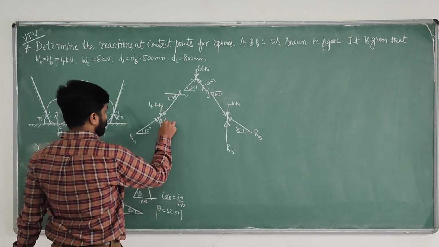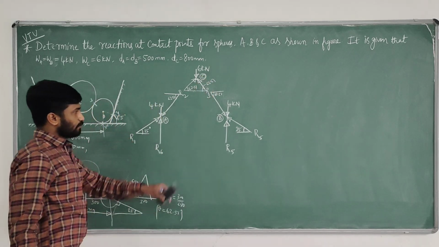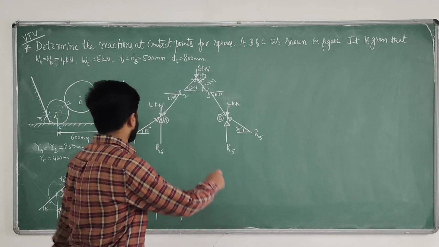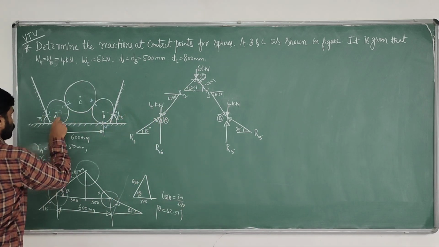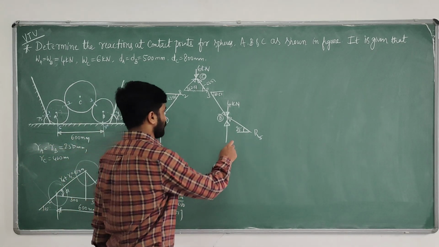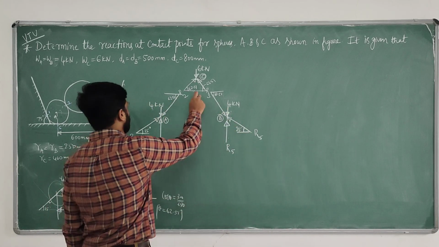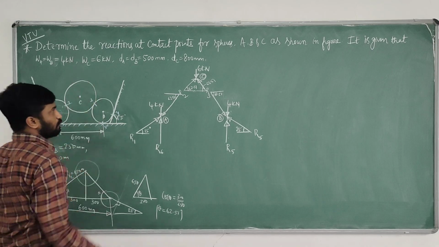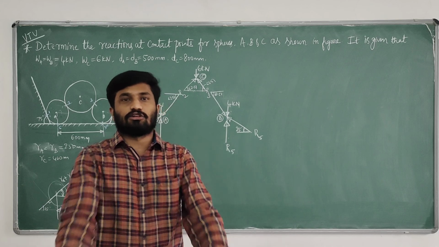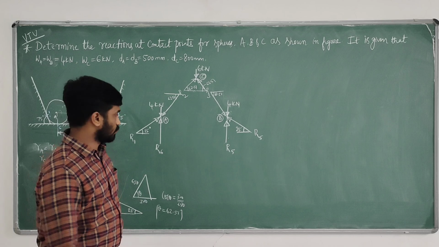Now this is sphere A, this is sphere B, and this is sphere C. Now we have to observe which sphere is having the least number of forces. If you consider sphere A, you are having 1, 2, 3 plus weight 4, so 4 forces. If you consider B, it is also 4 forces. But if you consider C, it has only 2 contact surfaces and 1 weight, so that is R2, R3 and 1 weight. Only 3. So which is having the least number of forces? That is C. So we must consider C first.